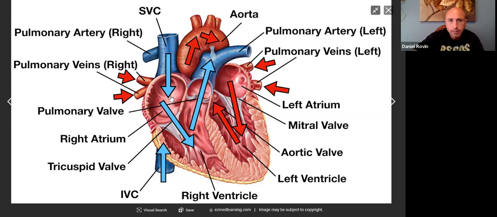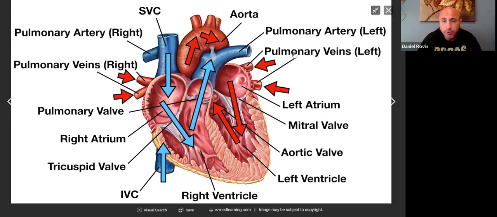Now, with that said, blood going from the right atrium goes through the tricuspid valve into the right ventricle, gets pumped through the pulmonary semilunar valve into the pulmonary trunk, where it either goes to the right pulmonary artery to the right lung or the left pulmonary artery to the left lung. And again, inside the lung, the blood vessels get smaller and smaller and smaller until the blood is in capillaries, squeezing through single file